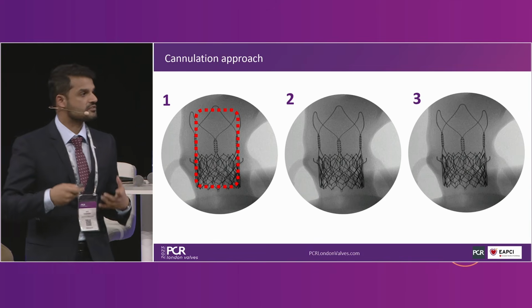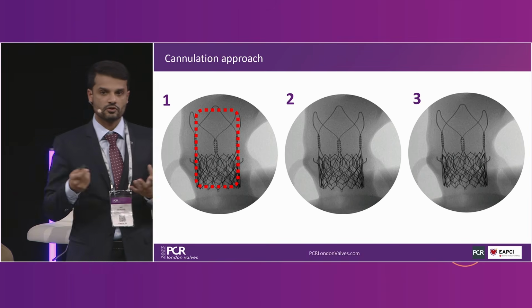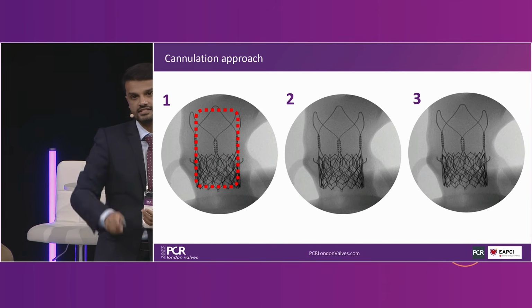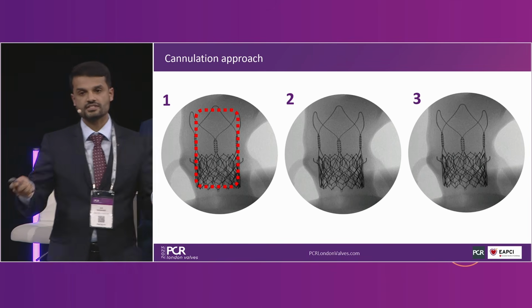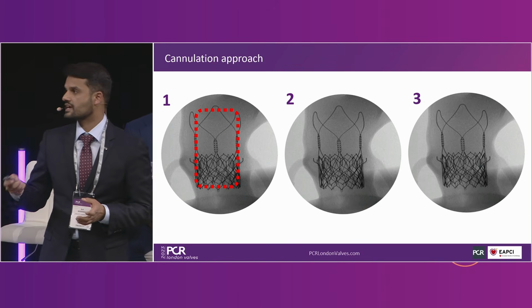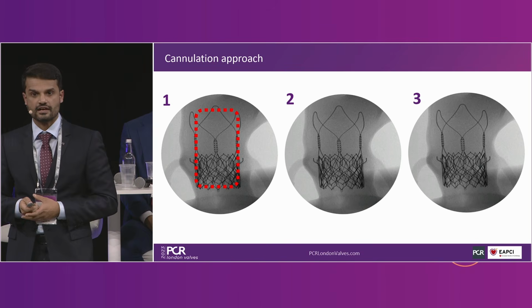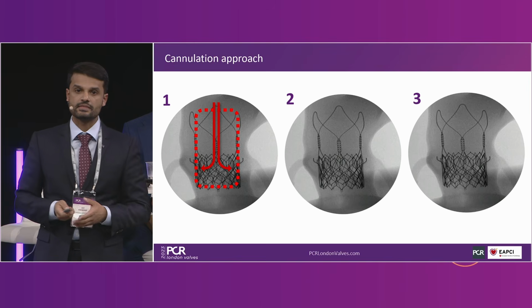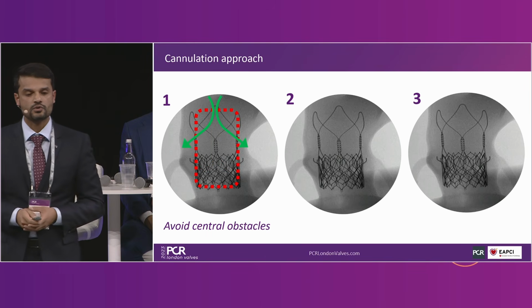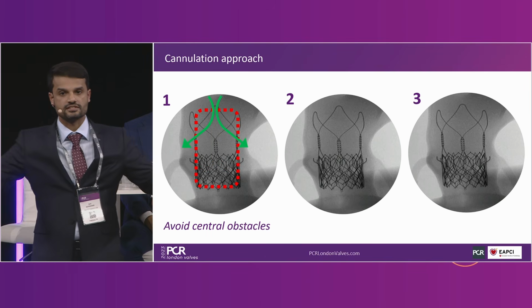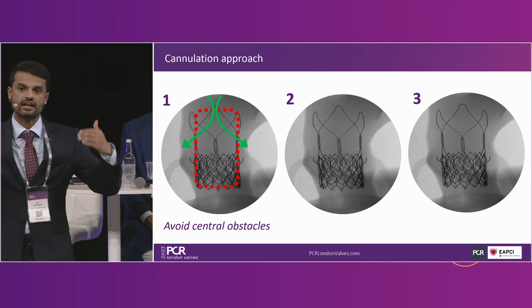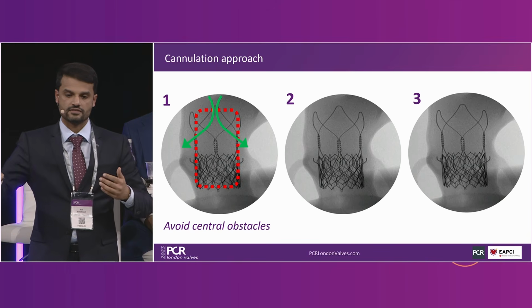If we were to take a conventional cannulation approach, like we've all been taught, of bringing the catheters down through the middle and rotating to the sides, we'd be much more likely to engage all the obstacles and all the problems that we have. So instead of coming down through the middle, particularly with this valve frame, what we want to do is deflect our catheters to the sides earlier and higher up, inner curve, outer curve.